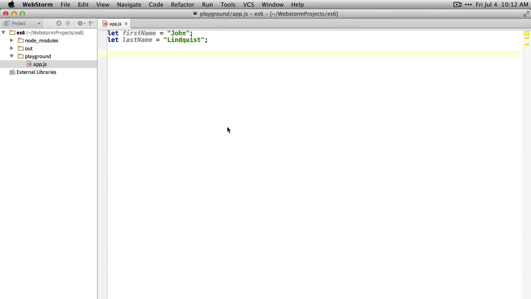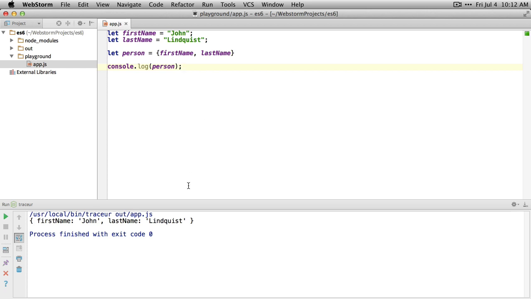Where destructuring in ES6 allows you to easily get properties out of an object, this shorthand property syntax allows you to easily push properties in. It's like destructuring backwards. So if I have a first name and a last name and I want to create a person, I can just say first name, last name, and then when I log out my person and run this, you can see that it logs out an object with a first name of John